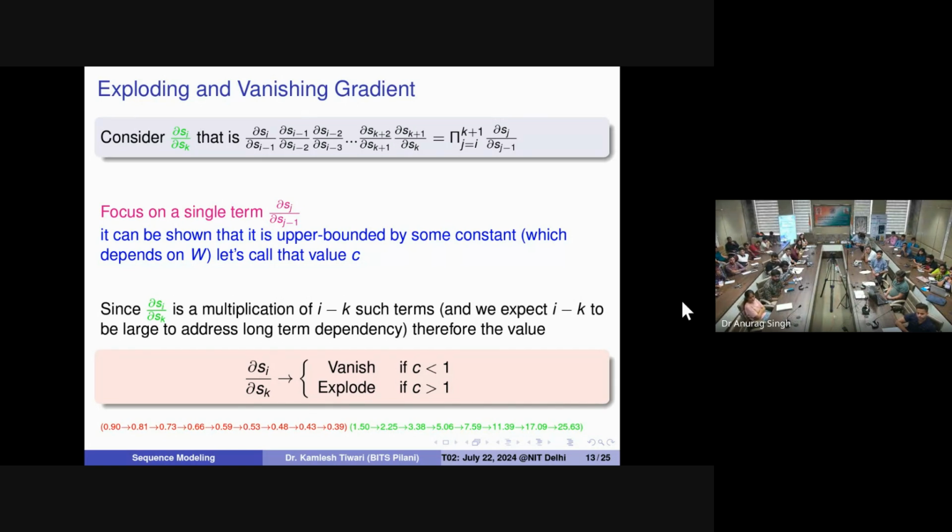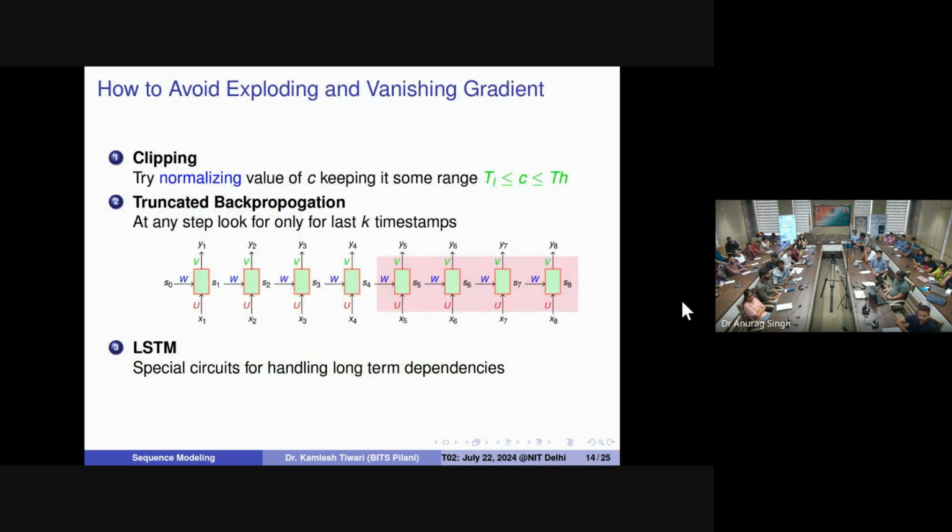ऐसे ट्रेन करने में, हमारे RNNs को ट्रेन करने की सबसे बड़ी प्रॉब्लम है, the biggest problem is because of this chain rule, this circuit becomes very large and therefore vanishing and exploding gradient problem comes, and therefore we cannot predict. बहुत बड़ी प्रॉब्लम। उसका सॉल्यूशन क्या है? उसका सॉल्यूशन बहुत कुछ नहीं है। वन सॉल्यूशन इज दिस, कि आप देखते रहो कि अगर ये जो मल्टीप्लाइड टर्म है वो एक निश्चित वैल्यू से बड़ा हो जाए या निश्चित वैल्यू से छोटा हो जाए, तो आप फिर वही वैल्यू लो, उससे आगे मत जाओ। दूसरा तरीका है ट्रंकेटेड बैकप्रोपगेशन, जिसमें आप कहो कि लास्ट की कुछ वैल्यूज ही मैं कंसीडर करूंगा ताकि आप आगे बढ़ सको।